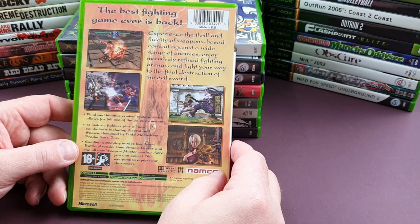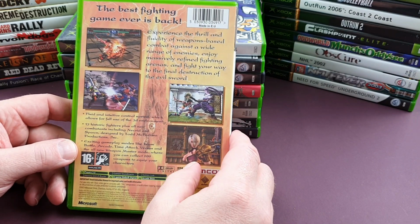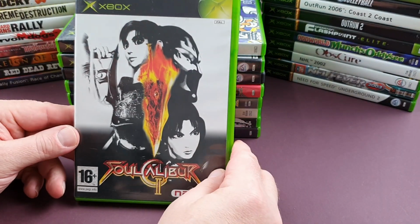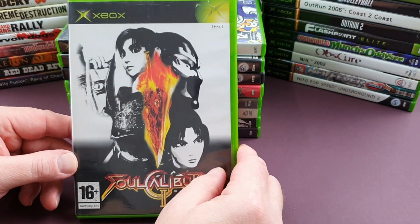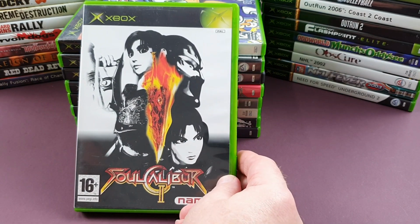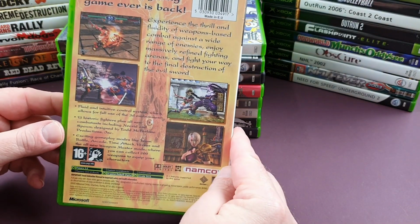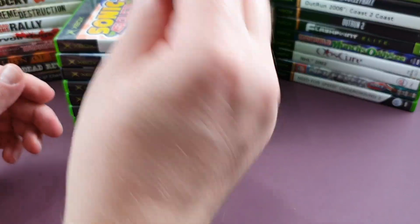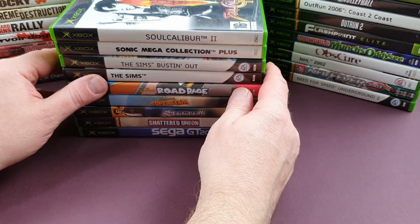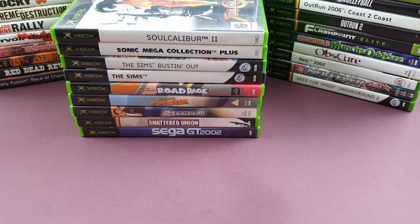There are lots of power-ups as well, so as you work your way through, you can pick up power-ups along the way. This one was famous because it includes Spawn, which was the Image, at the time, Image Comics character Spawn. I mean, it was a Spawn movie as well, but this was the only place where you could have Spawn as a playable character, which made this one a little bit more desirable. It's a great, great game. The Soul Calibur 2, certainly that and Dead or Alive 3 are perhaps my favourite two beat-em-ups on the original